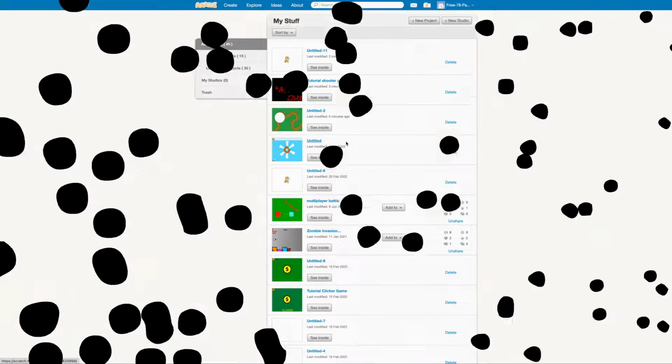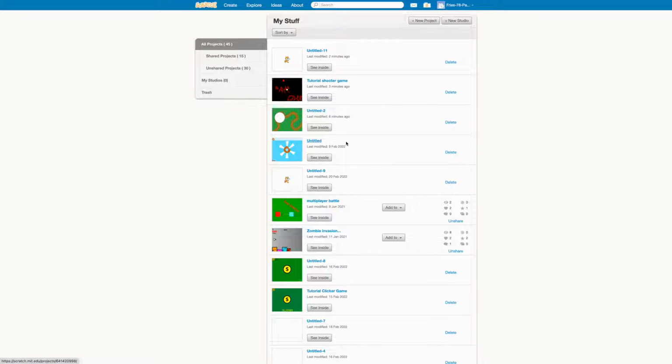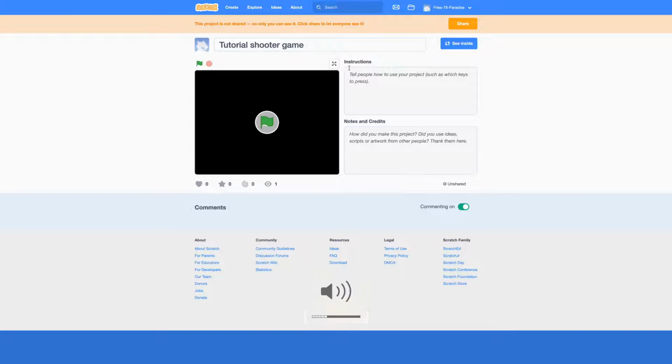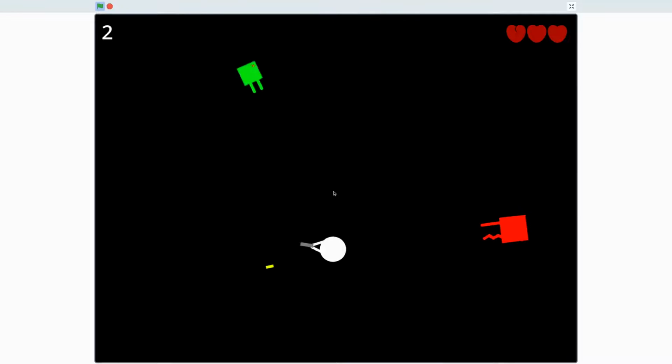So today in Scratch I am starting my new tutorial, a shooter game. I'm just going to quickly show you what it will look like once we have finished. Okay, so it's very simple but very fun. Basically you are a little character and you shoot at enemy zombies, and it's quite fun and quite simple to